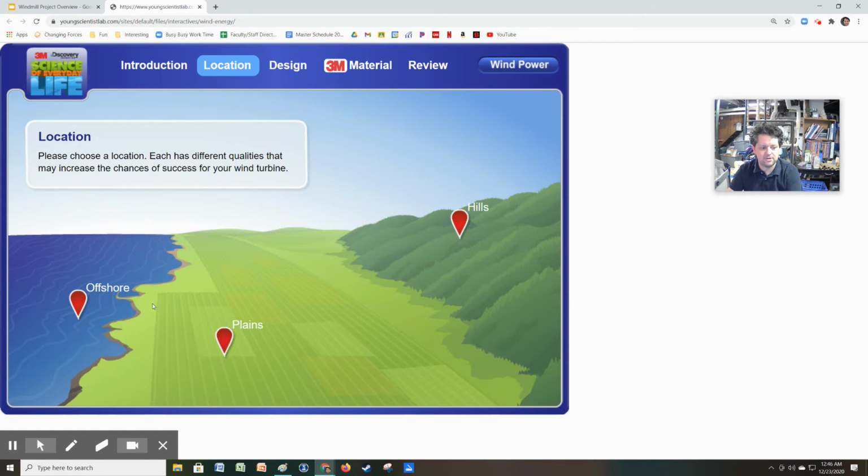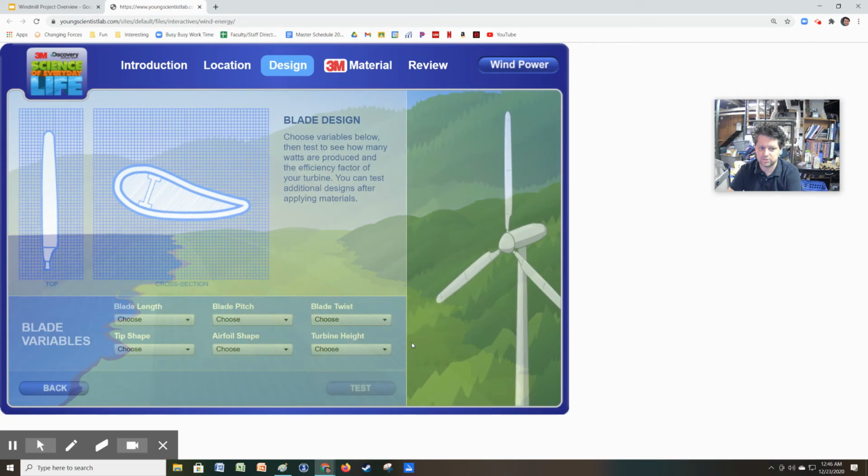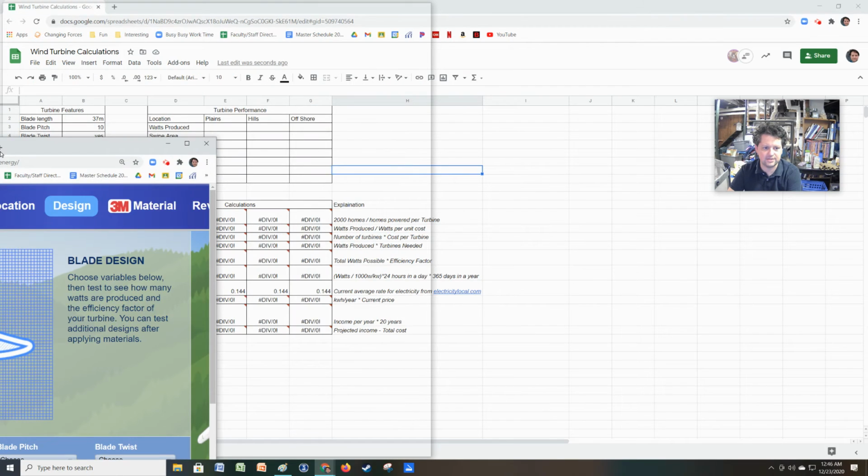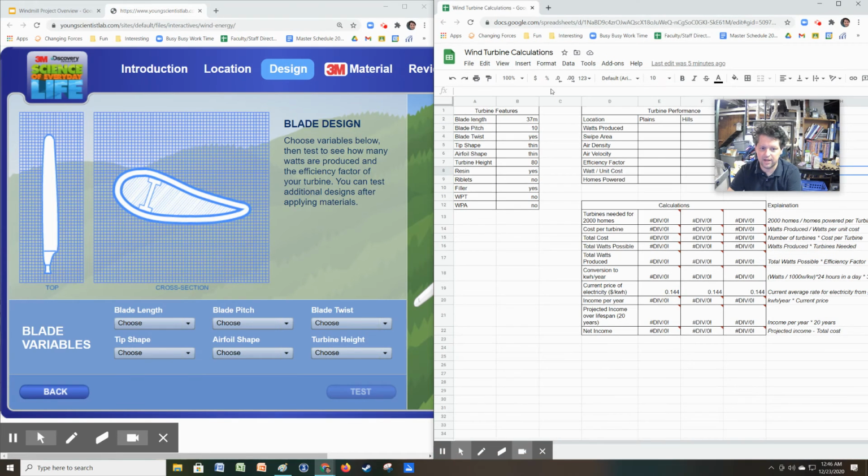So I've got these 3 places. It doesn't matter which one you pick, you're going to do all 3 of them. So I'm going to click on hills. I'm going to start there. And then I'm going to go in and insert all of the values that I already selected and recorded here